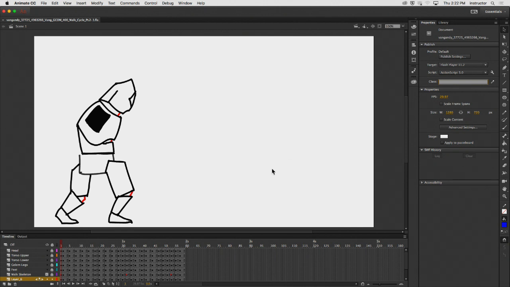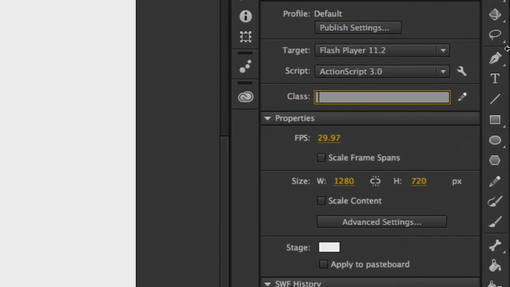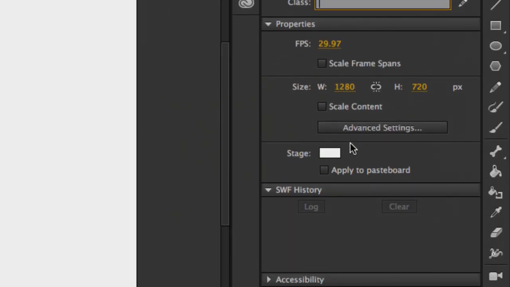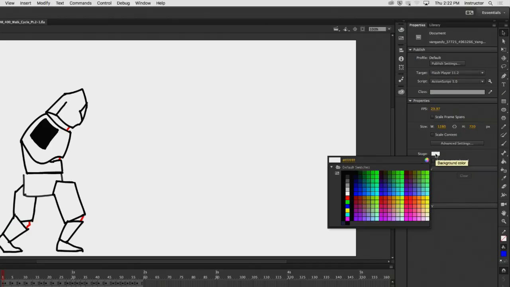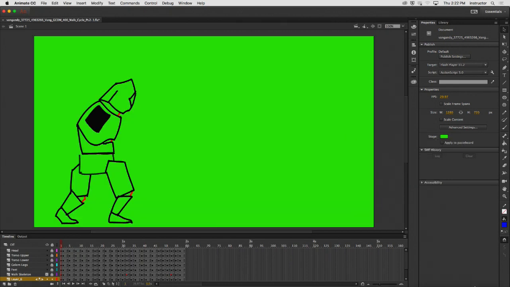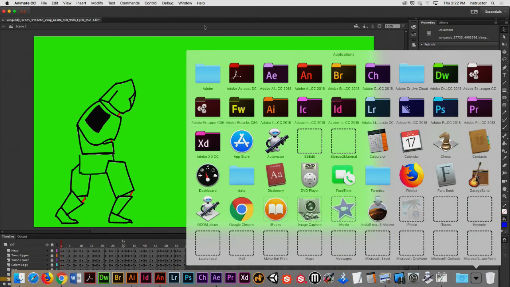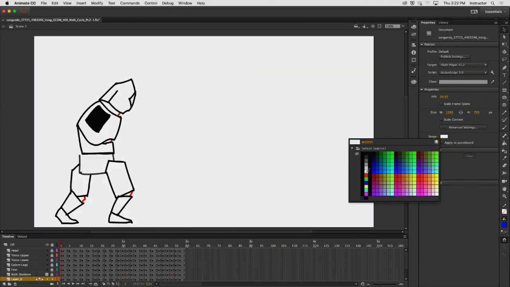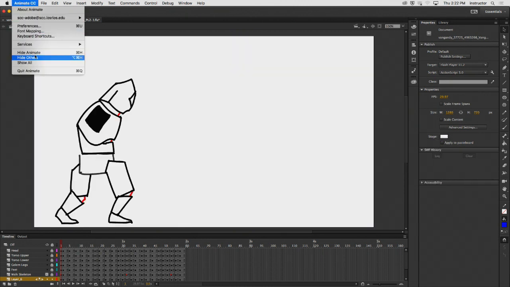Okay, now I'm over here in my Properties tab. You can see that this is my stage color. So whatever this color is, that's going to show up as transparent. Doesn't matter if it's green, it's always going to be invisible, transparent when we bring it back over into Animate. So we got to add a couple things here. Let's put it back to white. We have to add something